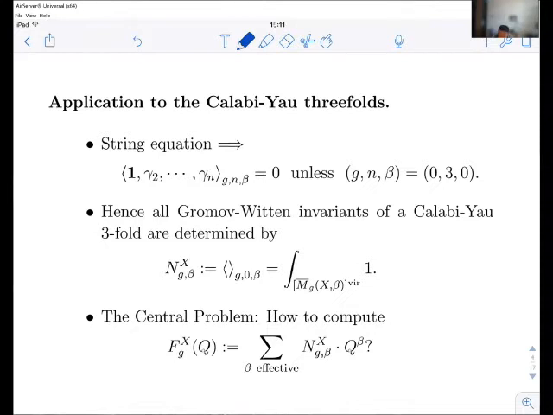Then for Calabi-Yau threefolds, the central problem becomes how to compute this generating function F_g(X), where we sum over all effective classes beta for each genus g. And once you know this F_g, you will know all the information of the Gromov-Witten invariants we want to know. Also, I want to remark that you can use this to recover the enumerative invariants, so it can recover the classical